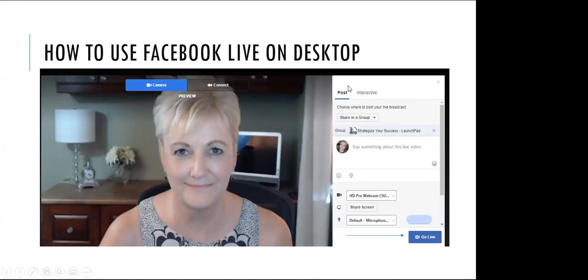It's going to give you the option of posting something over here. It's going to make sure that you're connected to the right camera and the right audio. And until it says that you're live, don't worry about it. You haven't jumped into the live mode at this phase. We're in preview.